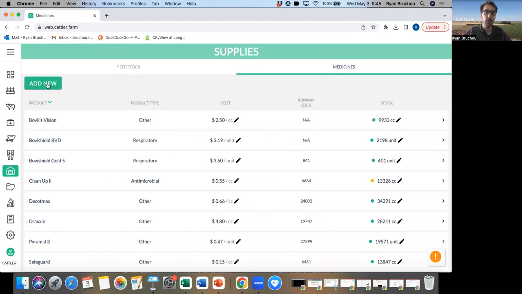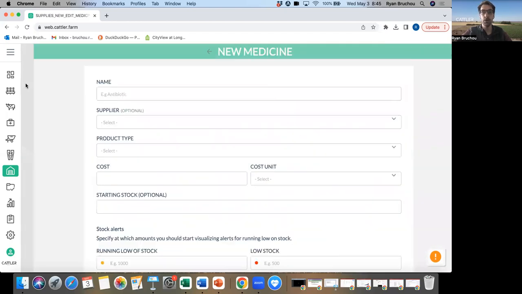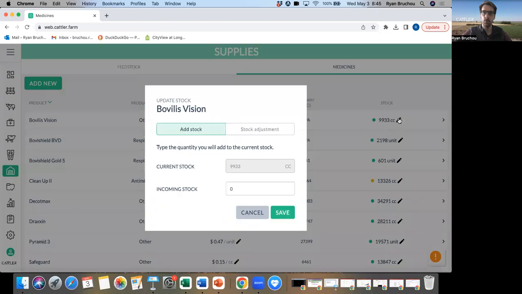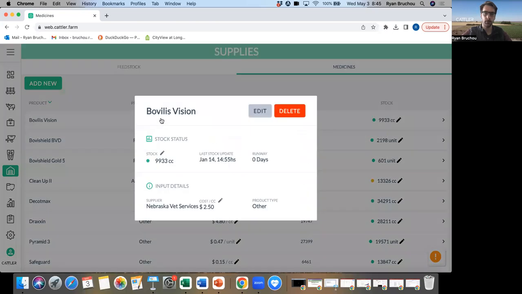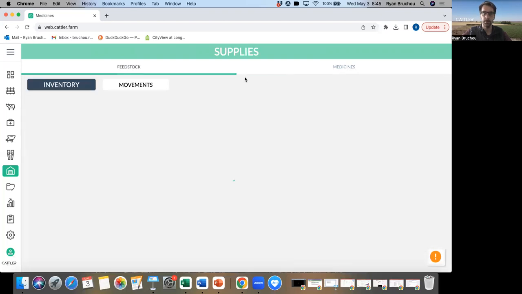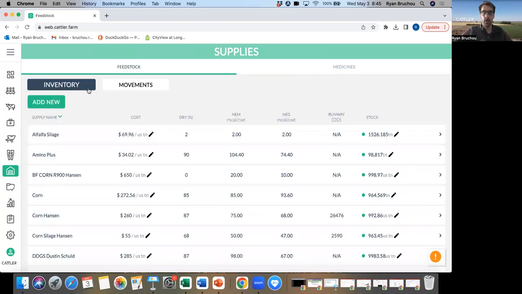Again, these low stock alerts will always show up on your main dashboard on the right hand side, letting you know that you're running low, and also through a push notification on your tablet or phone ultimately. What we are going to be launching in the next build, which we think will have a great benefit, is the possibility of, when you create a new supply, so it would be feedstock, just to change the screen a little bit,